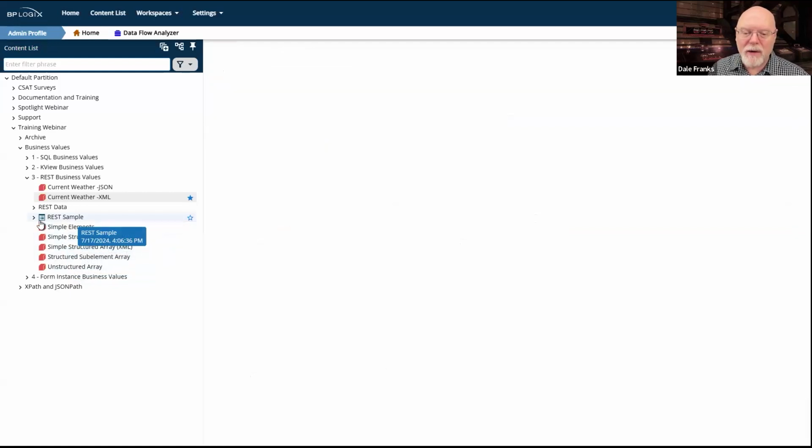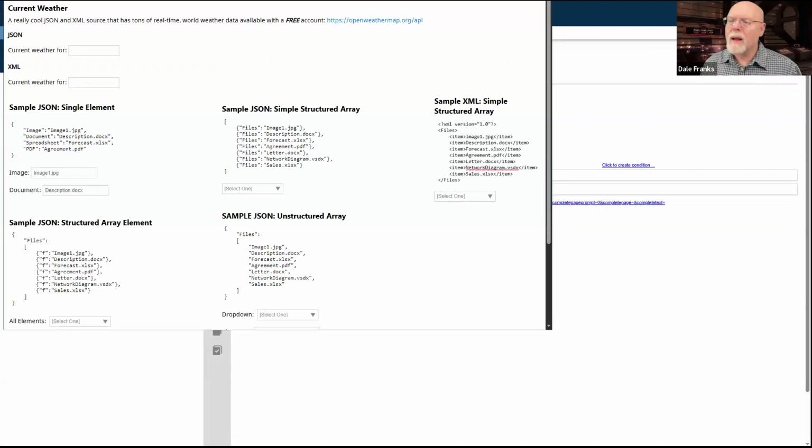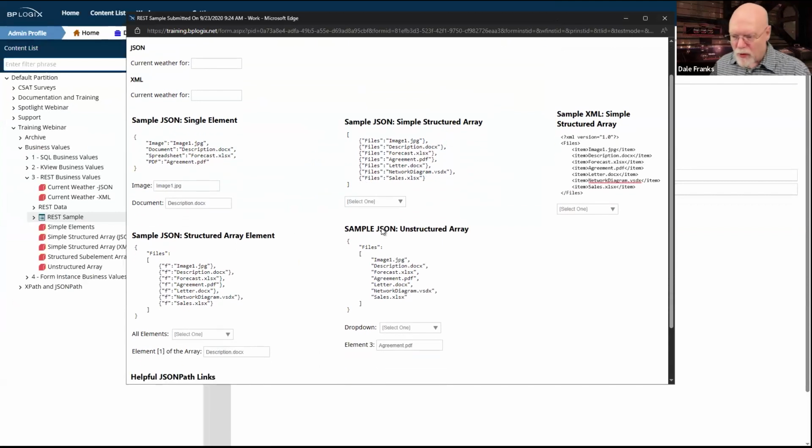But let's go here and look at our sample form. Going to update and run it. And what I have in this particular form, which we cover a little bit whenever we talk about business values and we get to the REST business values part, I have the same information in JSON.